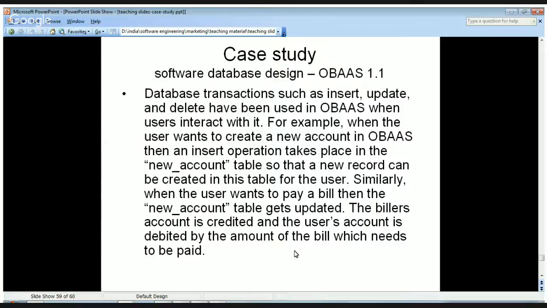Database transactions such as insert, update, and delete have been used in OBS when users interact with it. So, so far we have shown you the design of the database, like the creation, and then when the OBS system is used, data will be created. So there will be insert, update, delete